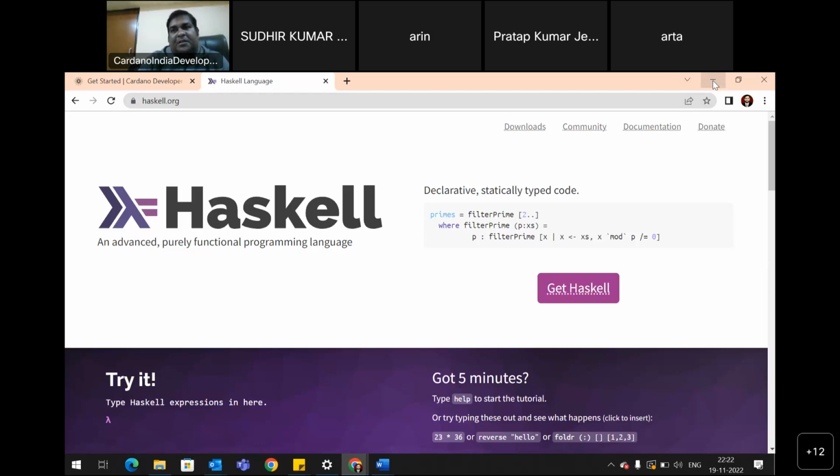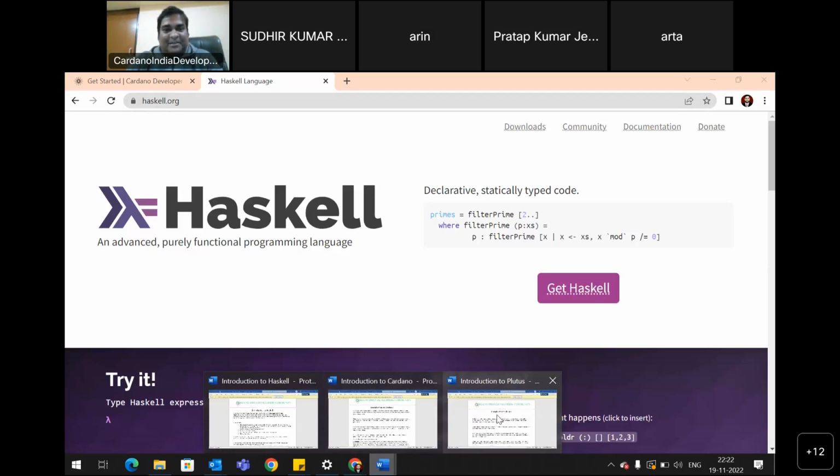After all that, if you are still not able to get anything, or you still need more resources, we can do it offline. You can always reach out to me and I will help you out. If you want, I'm ready to be invited to your home, to spend some time with you at your computer on your Haskell programming, talk to you, help you out, and give you more resources. Okay, so this is